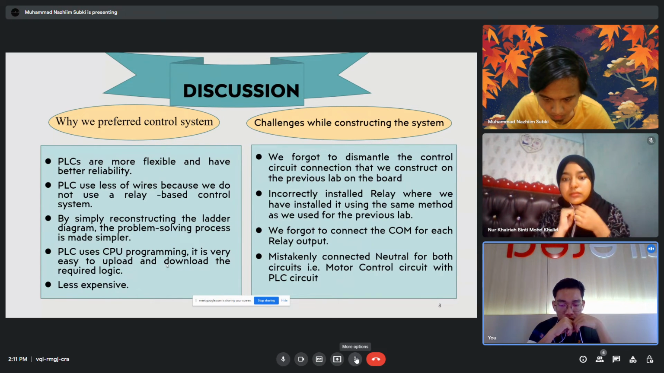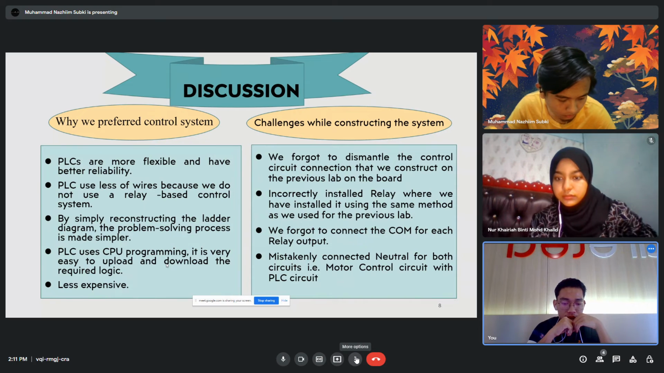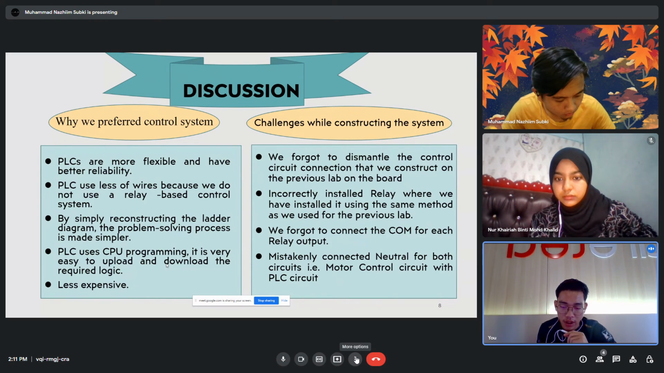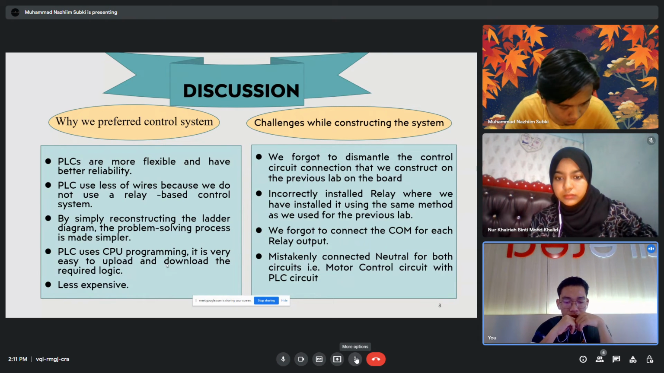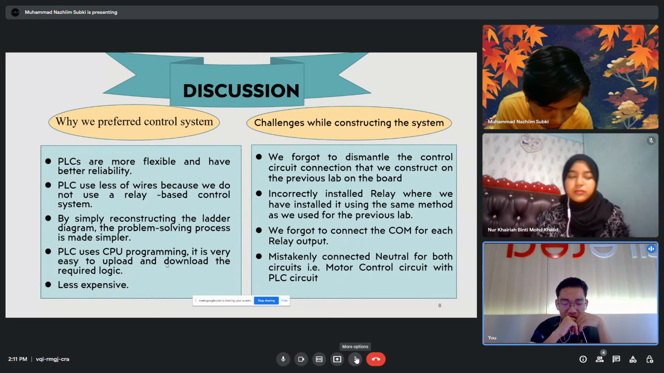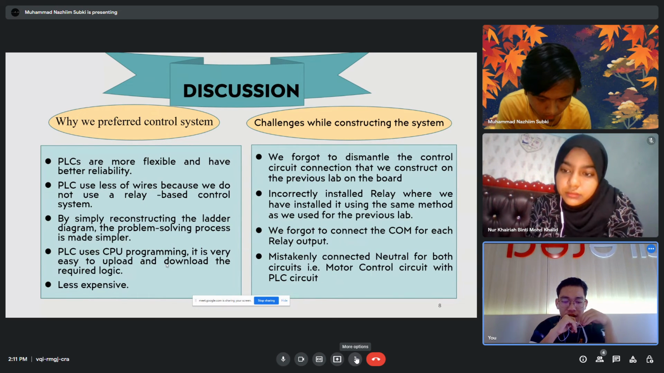We did not need to connect the output from the relay of the forward starter to the relay of the reverse starter, or the output from the reverse relay to the forward starter relay, because all the programs should be executed in CX Programmer. In addition, we also had a problem with the relay not working due to our negligence. We forgot to connect the COM for each relay output. Finally, the problem